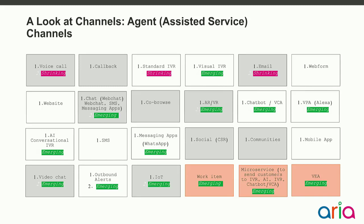And with omni-channel, there's that switching between channels aspect. So agents need to know how to switch from one channel to another easily, and to know when it's appropriate to move a customer from one channel to another. And then agents will also have to be able to work with multiple channels at the same time. So this is often called